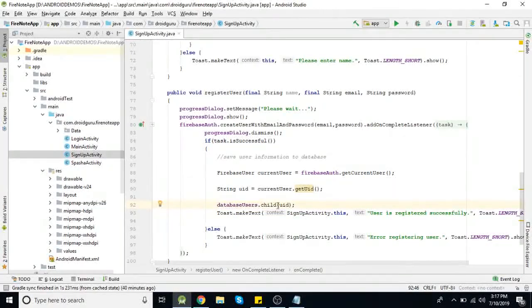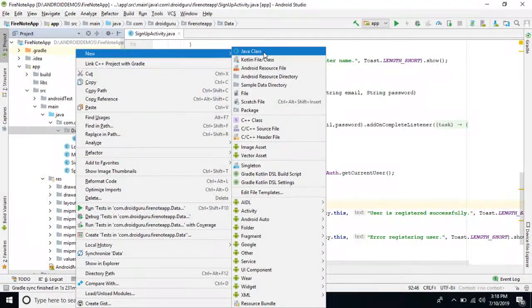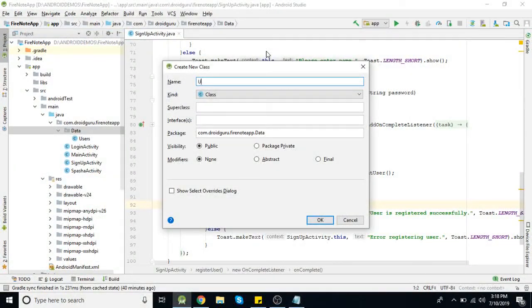Now we'll create one user class so that we can store the complete class into the database, and while reading also it's easy for us. So in this data package I am creating a class UserInfo.